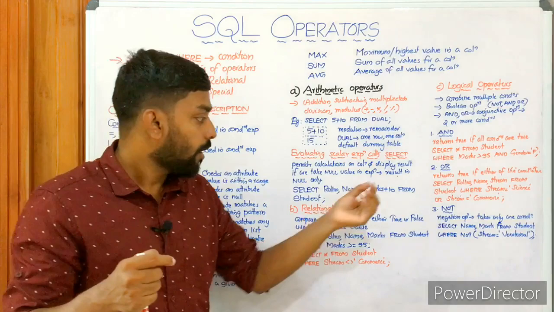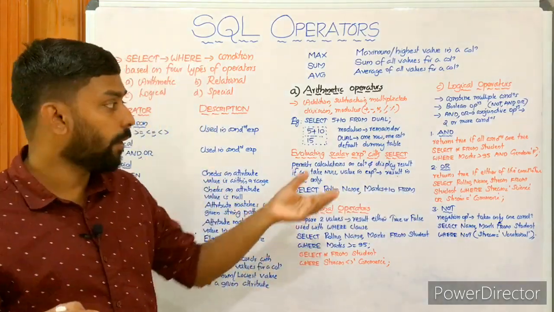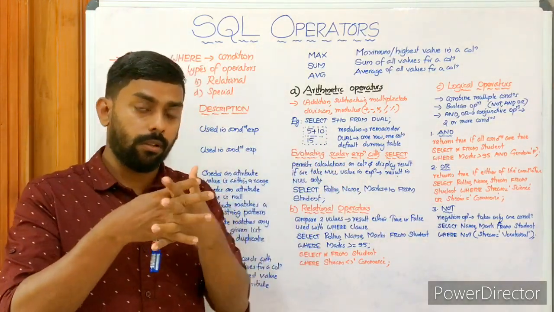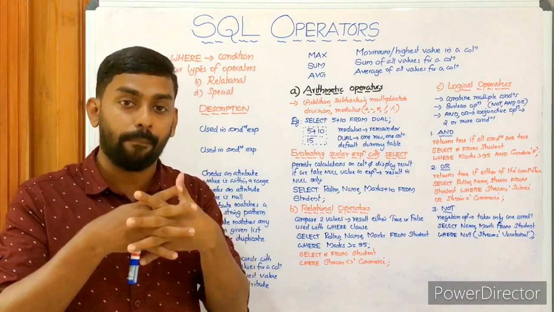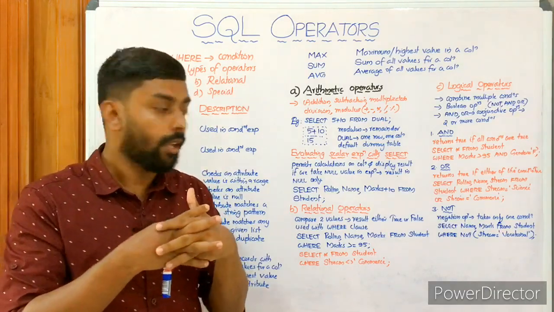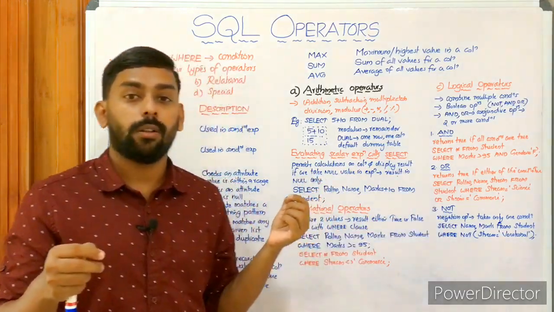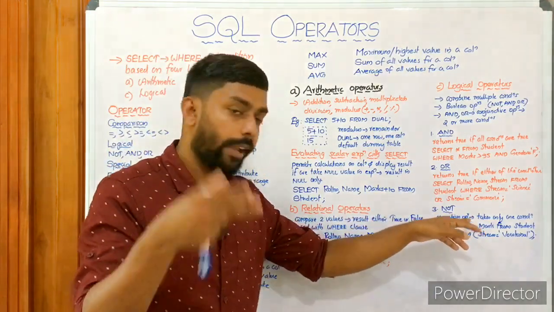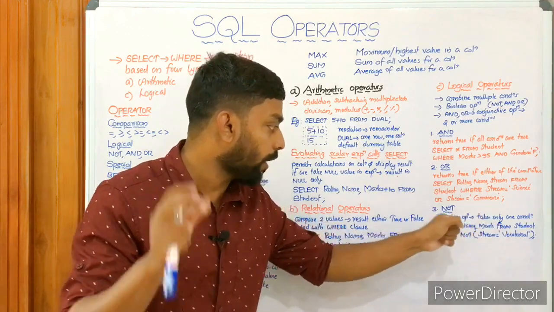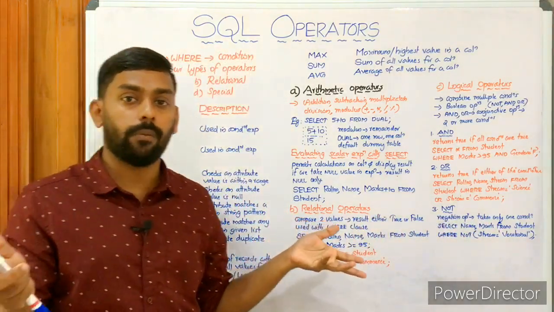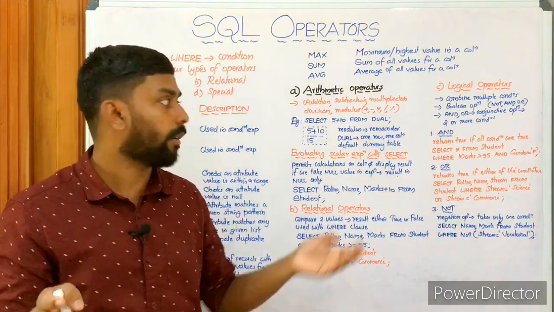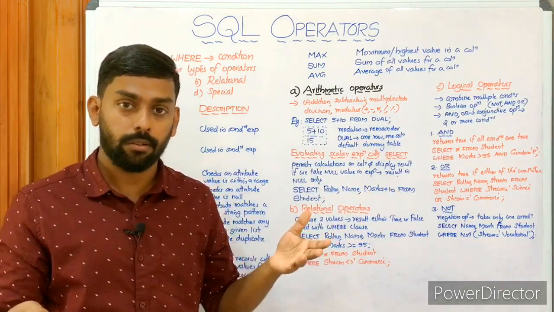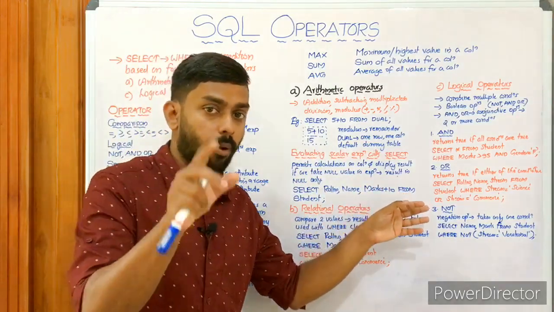Then finally we have NOT. We know AND and OR are conjunctive operators used to combine two expressions. NOT is used to negate a value. It's called the negation operator and takes only one condition. Of course, it's a unary operator. NOT is a unary operator, while AND and OR are binary operators. It takes only one condition.